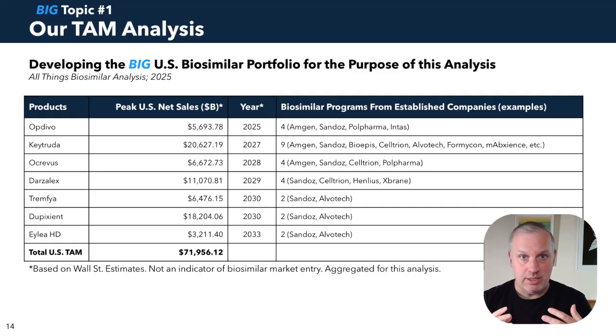We collected the U.S. peak estimated net sales based on Wall Street estimates and put them in here. And you can see that for these 7 products, we would say the TAM, at least for the US market, is about $72 billion for this portfolio. Now, we take this and, like I said, start applying different scenarios that use those cases to start to get an idea of what that total 72 billion could actually mean for my makeshift pretend biosimilar company